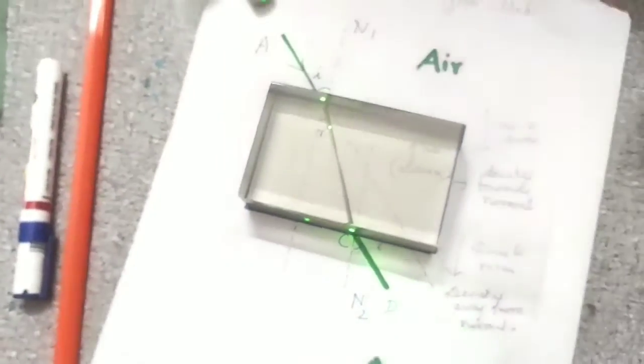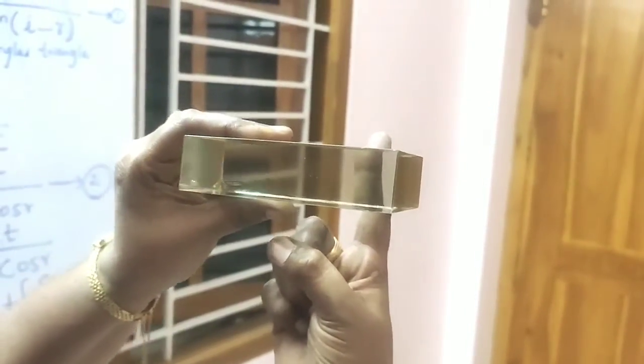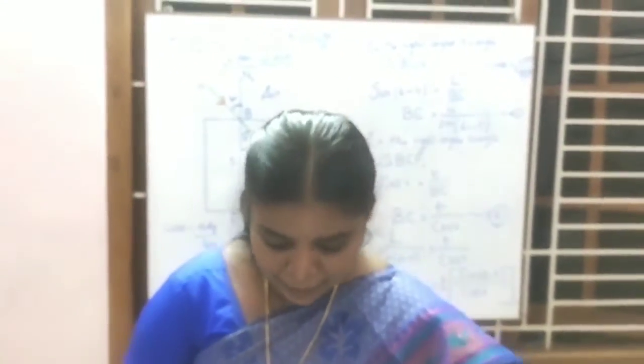So now we understand what lateral displacement is, and the reason why, when viewing through a glass slab, your finger gets laterally displaced. It also depends upon the thickness of the slab. Here I have taken another slab which is slightly less thick than this one. Compared to that, here the deviation will be less. So it depends on the thickness, and also on the angle of incidence. If the angle of incidence is greater, the lateral displacement will be more.